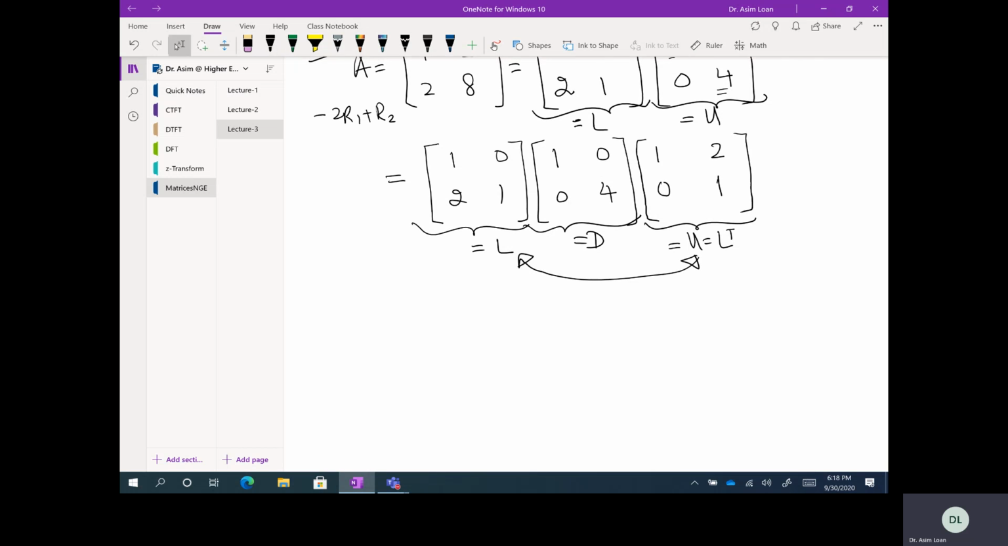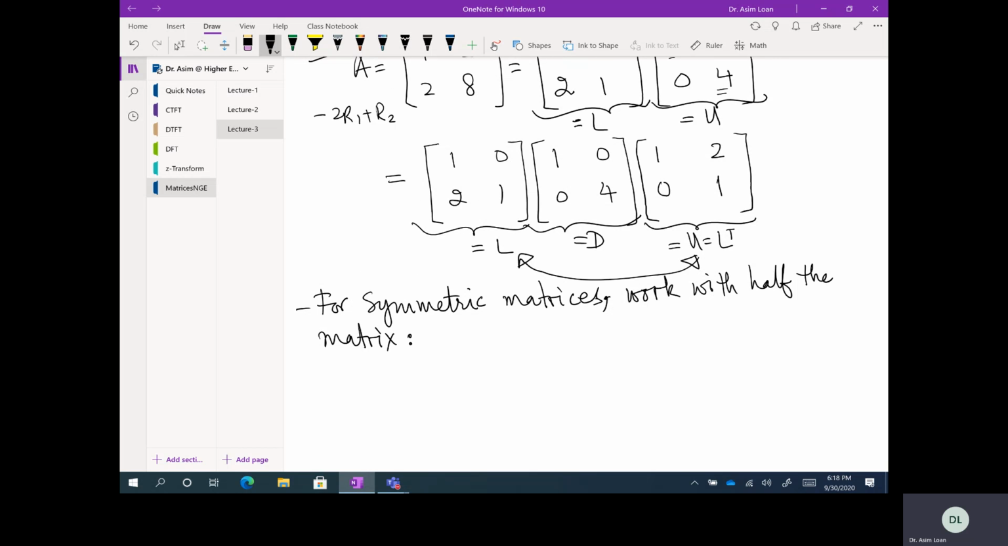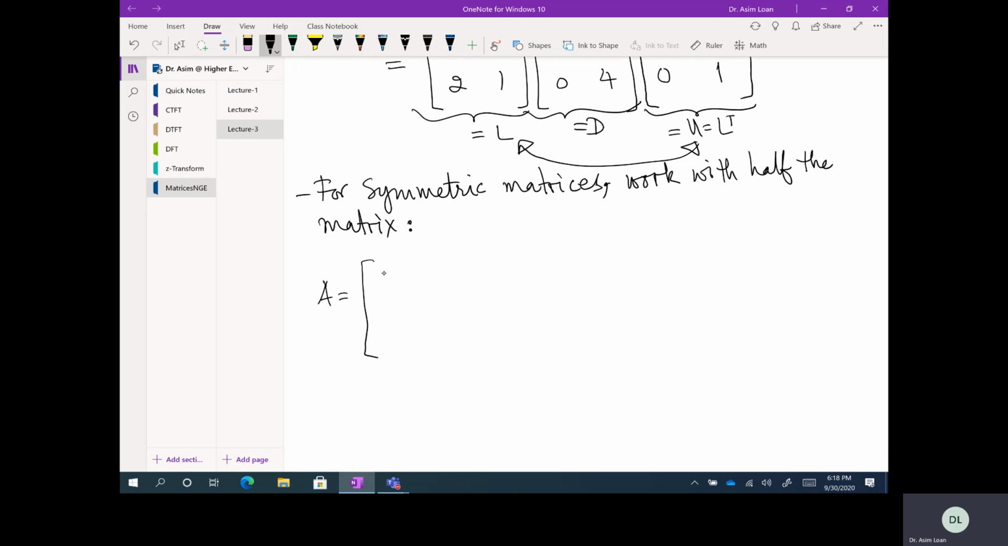So for symmetric matrices, we work with half the matrix, which simply means if A equals [a, b, c; b, d, e; c, e, f], and I do minus b over a row 1 plus row 2, I should get